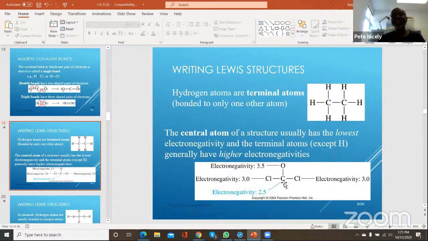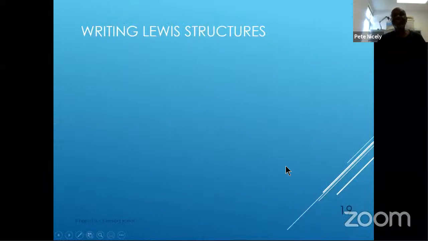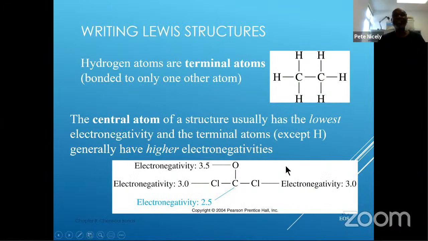carbon has the lowest electronegativity value of these other elements, 2.5, whereas the chlorines have a value of 3.0 each, and the oxygen is 3.5. So therefore, when it comes to arranging them in a skeletal way, the carbon will be in the middle, and then you'll bond it to the surrounding chlorine and oxygen atoms. So that's another thing that you have to keep in mind when you're drawing the Lewis structures